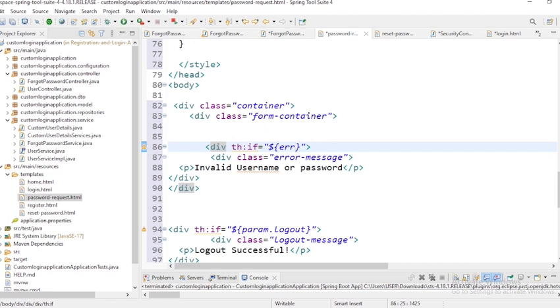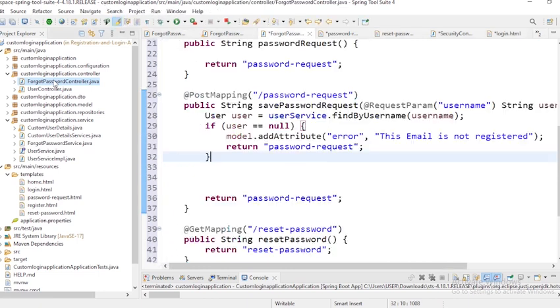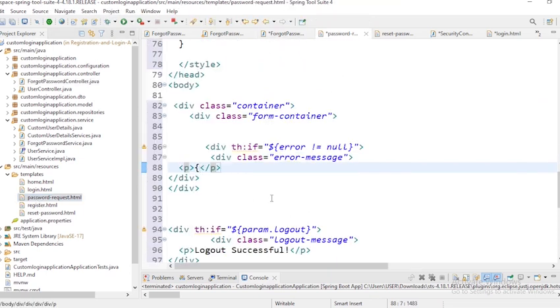if error is not equal to null, that is if we have error, it will display the error here. So let me show you how we will display, but let me go back to the controller to show you. You see here is the error model attribute, and this "email is not registered" is what we are going to display. Let's go back to the password request, and how we will display the error